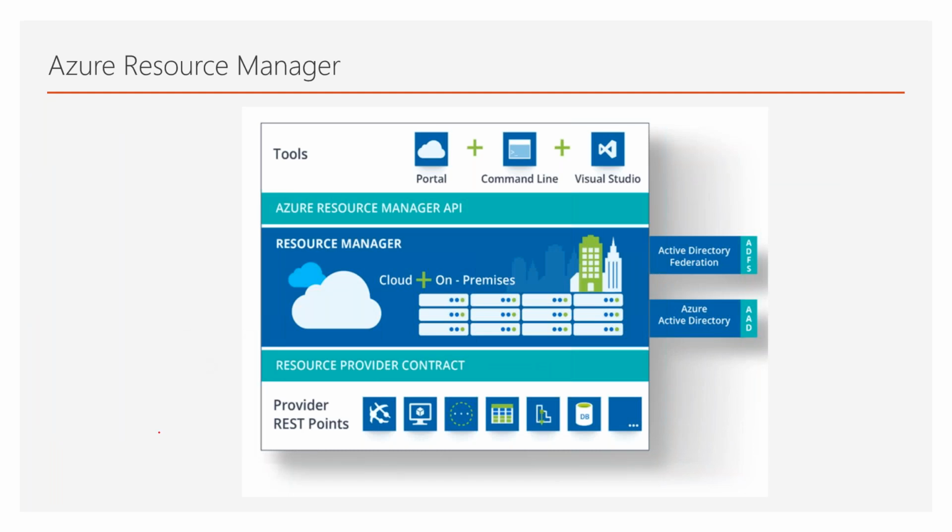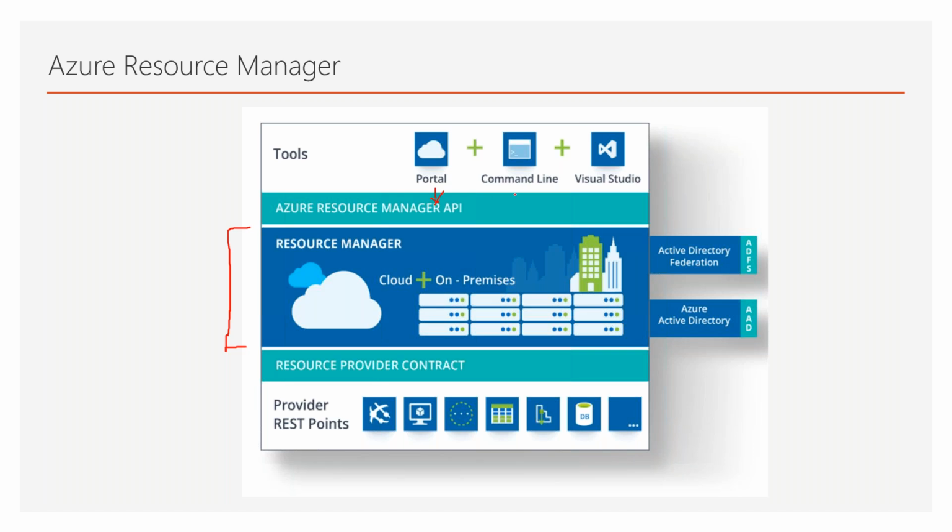Whenever you want to deploy something in Azure, you come to Azure Resource Manager. How does Azure Resource Manager work? It is basically a layer which you see here. This is the layer in Azure which is called Resource Manager. On top of Resource Manager, you have the Azure Resource Manager API, which means whenever you want to deploy something in Azure, you are going to make a call to these APIs. If you are doing it programmatically, you can call the APIs directly, or if you are using Azure Portal, like we were using, Azure Portal is also connecting to this Azure Resource Manager API.